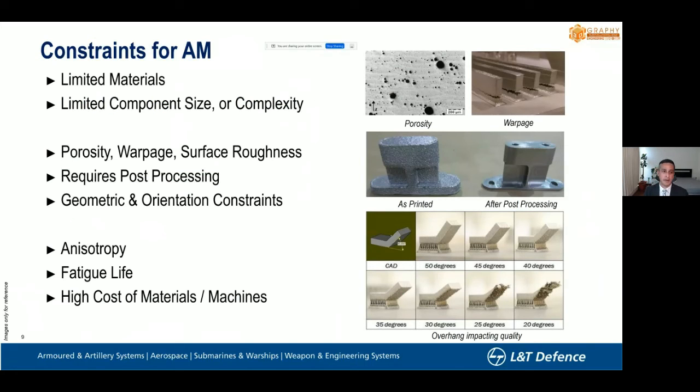Of course, there are some constraints to metal additive manufacturing depending on the technology, the materials, the process followed, and also the controls that you put in place. It could be limitations in terms of materials available. It could be limitations in terms of size or complexity. You can have a very big part, but then the complexity comes down to some extent. Or we can have a very complex part, but then you're limited by the build volume that you can build in. And in certain cases and processes, you have porosity, warpage, surface roughness, etc., which require good control and